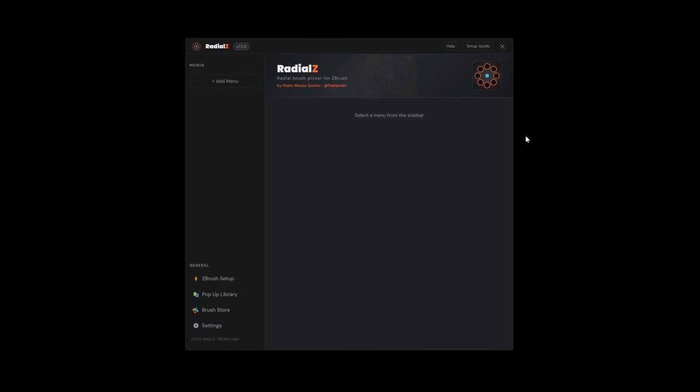Hey, welcome to the setup of the RadialZ app for any version of ZBrush prior to 2026. This includes users in 2022, the last perpetual free update of ZBrush. So I'm going to cover how to install RadialZ for this. It's pretty straightforward, just a couple of clicks that you need to do and things that you need to keep in mind so that you only set it up once and it works the next time or any other time